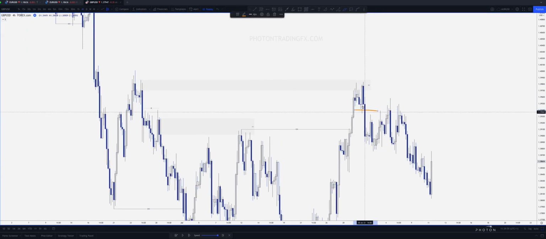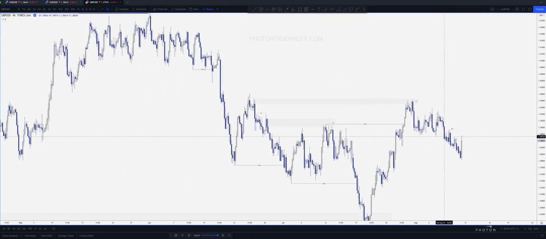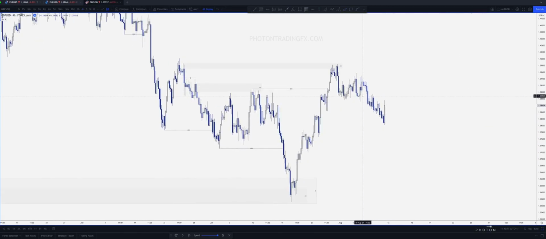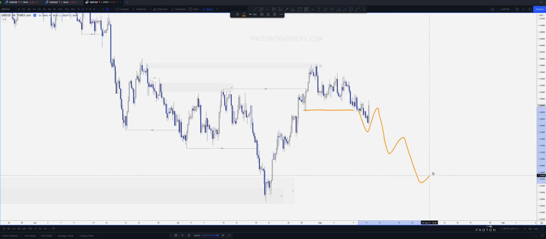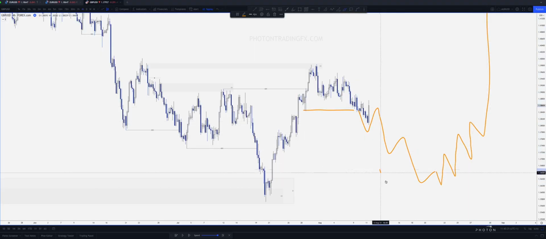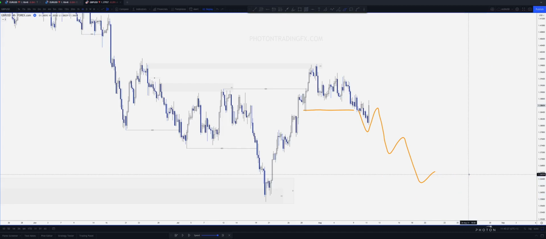We tap into that. We then start to get our changes of character, right? Price pulls back up into supply, and then that starts to initiate that deeper pullback that we expected after a 4-hour break of structure. So what we can start to look for, of course, is to trade this to the downside, right? Whilst internal structure is starting to switch bearish as we take out these lows, we can trade this counter-trend pullback and just wait for that change of character again for the internal structure to switch bullish,